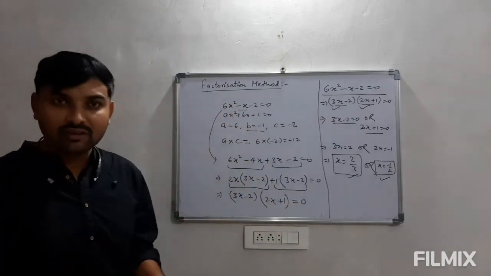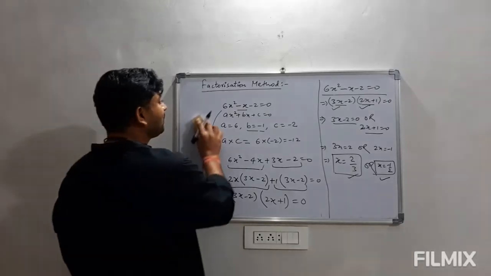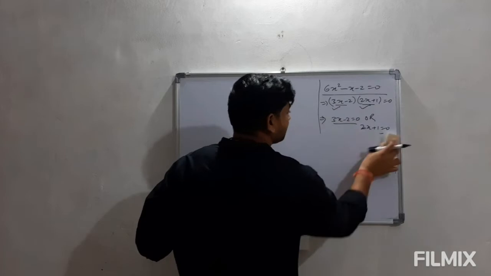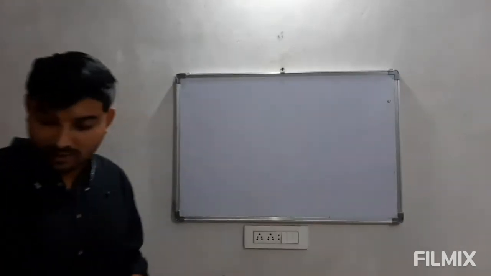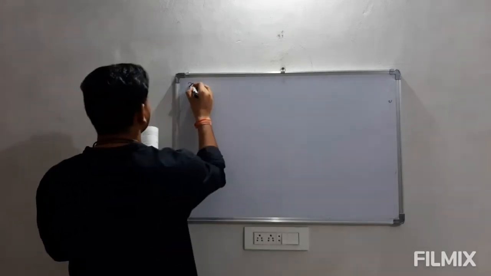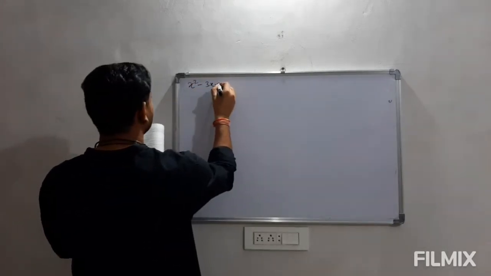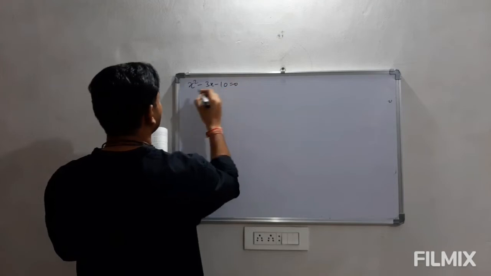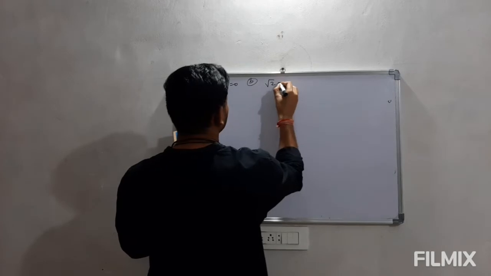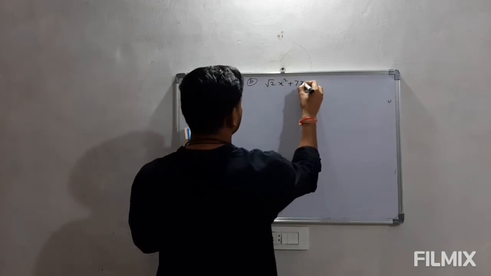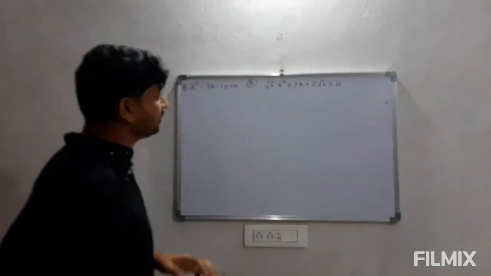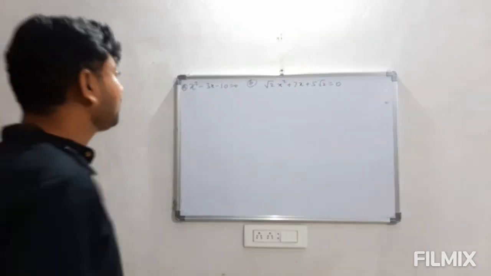Now one by one I will take more examples and then we will understand this better. So now let us come to some more questions so that we will have some practice here. Like I am taking here x square minus 3x minus 10 is equal to 0. Second, root 2x square plus 7x plus 5 root 2 is equal to 0. So these two examples I am taking here. We want to factorize them.